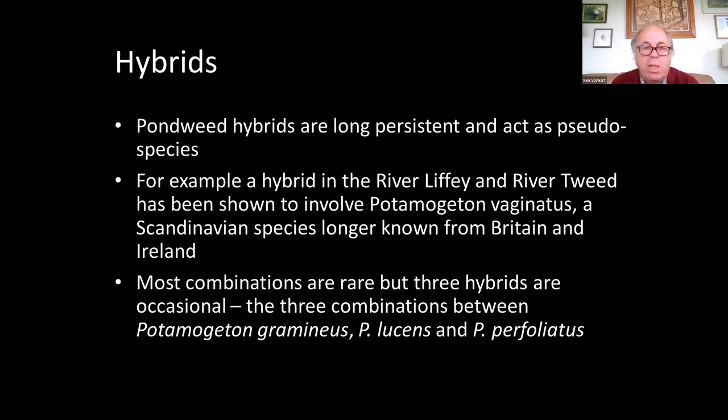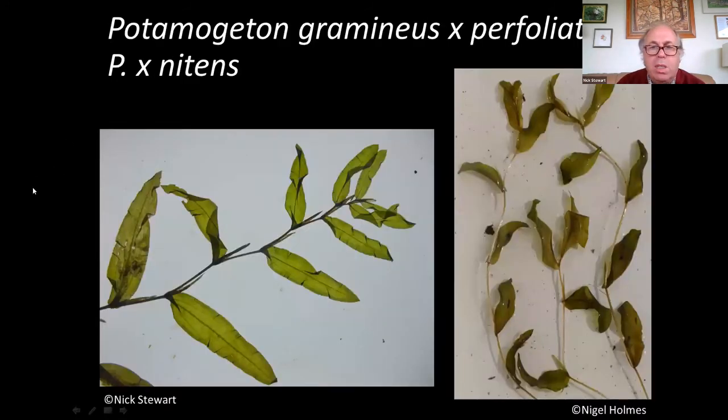There are most of the combinations. There are quite a few species that do hybridize. Most of them are quite rare, but I brought this up because there are three hybrids that are occasional, and so you do need to be aware of them because they can cause a bit of confusion. Basically, the hybrids are the three combinations: gramineus lucens, gramineus perfoliatus, and lucens perfoliatus. And I was just going to finish up by discussing what to look out for